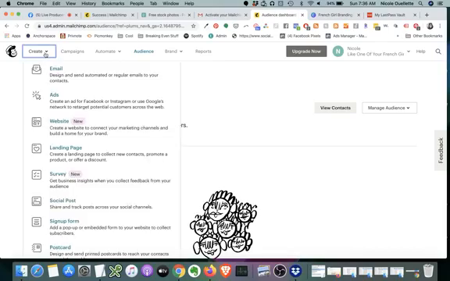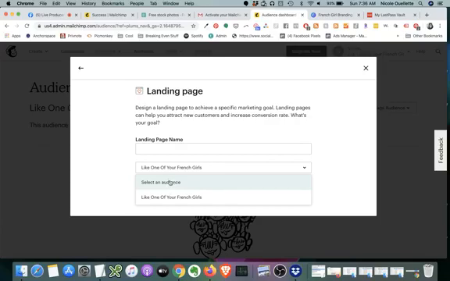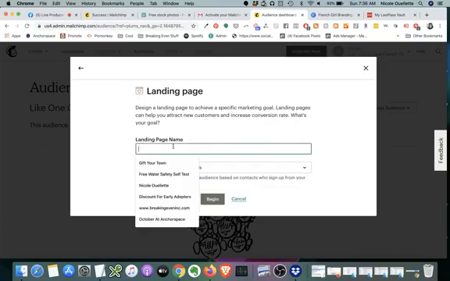Okay, so what we're going to do is create, and one of our options is creating a landing page. Now we get to name our landing page. The landing page has to be associated with an audience, and our default audience is the name of our business. The page name is what people see at the top of the page when they open it in an online browser, like right now it says free stock. So we're going to call this